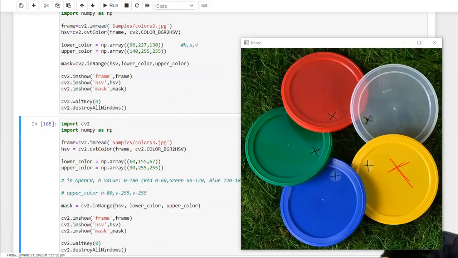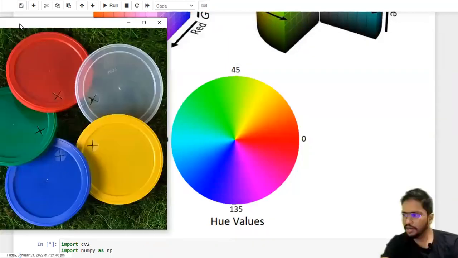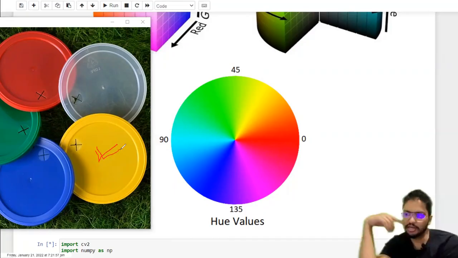Now what I'm going to do is come back here. Can you give me the value, or can you guess the value by looking at this H circle, the hue value circle? Can you roughly guess the value for this color on the H value? If you represent it by H, I mean the hue value, can you roughly give me a value for the